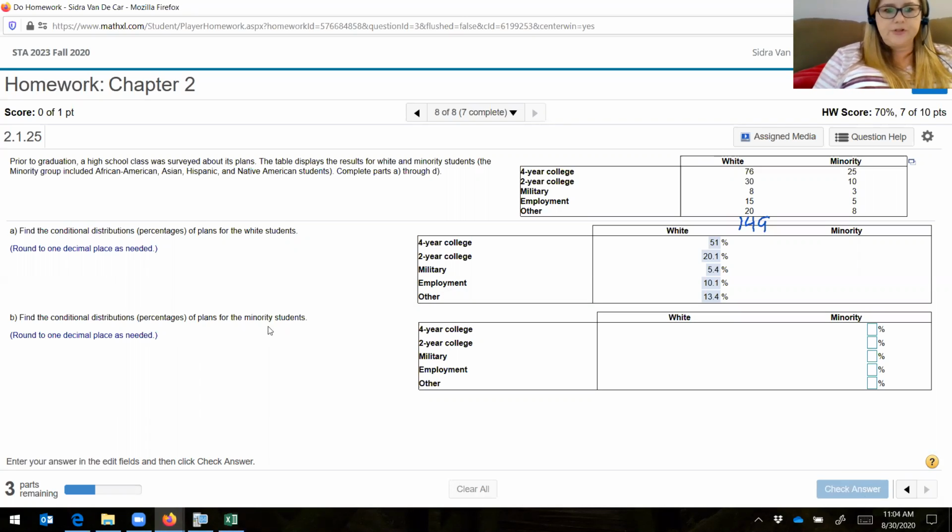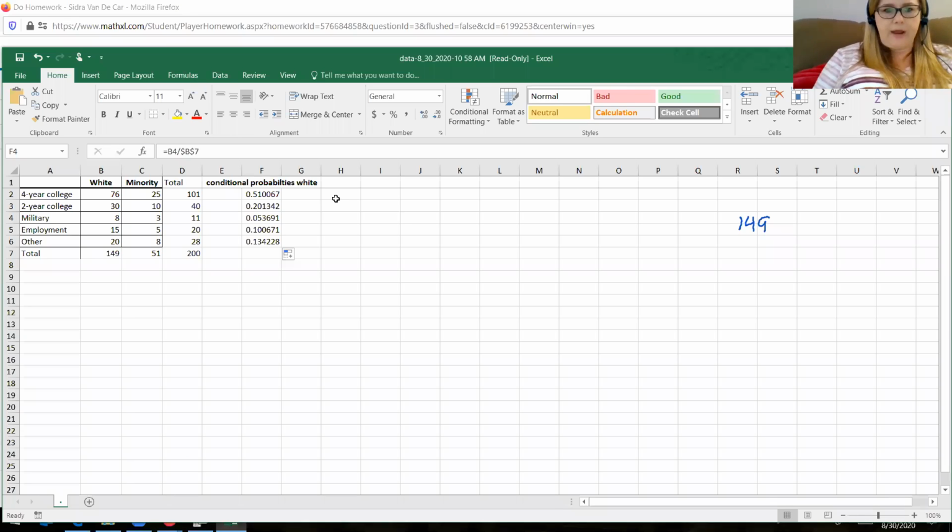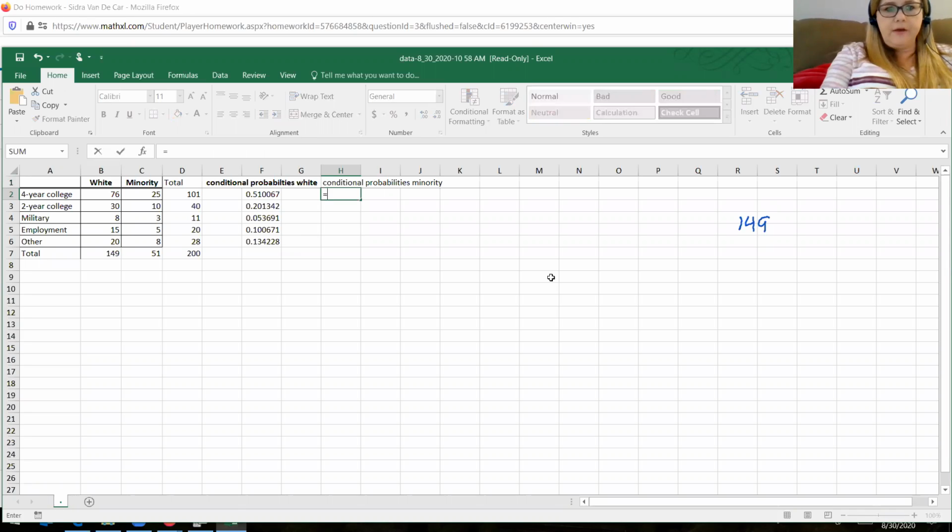Find the conditional distributions for the minority students. Let's do the same thing there, but this time, I'll move over here so we can say conditional. I want to take this item right here, C2, and divide by its total, 51. So that's 49%,